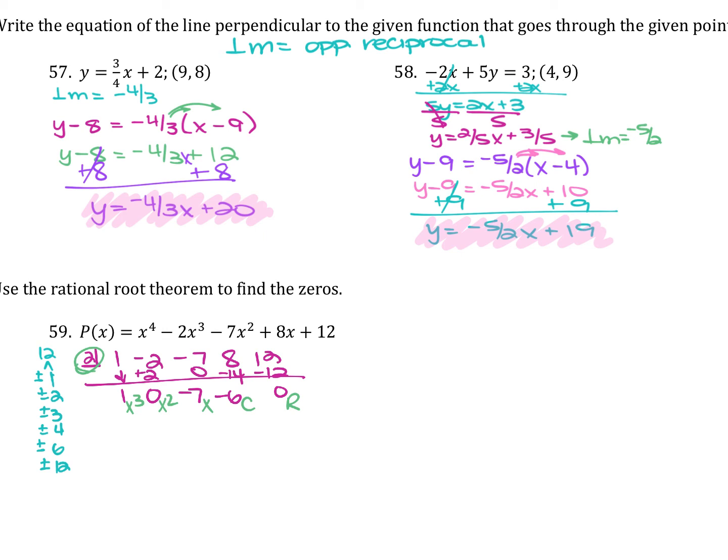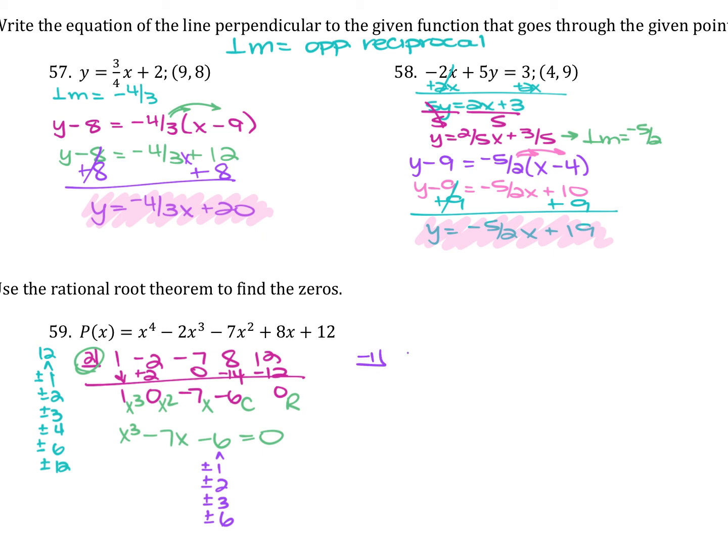So this is going to leave us with x cubed minus 7x minus 6 is equal to 0. We're going to do the same thing with this since we cannot factor this. You have no factors of negative 6 that add up to be negative 7, plus you have an x cubed there, so there's no way to factor it. Do the same method that you just did with this. Your factors of negative 6 are plus or minus 1, plus or minus 2, plus or minus 3, and plus or minus 6. If we try negative 1,